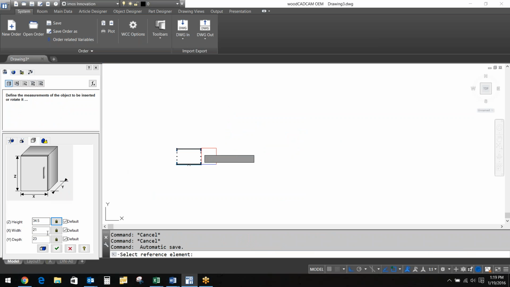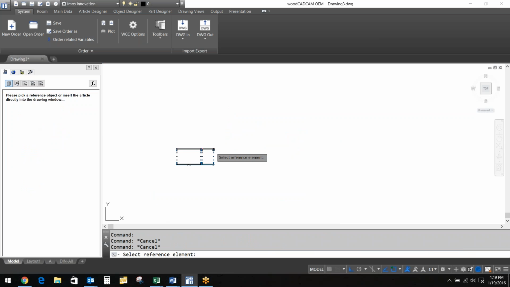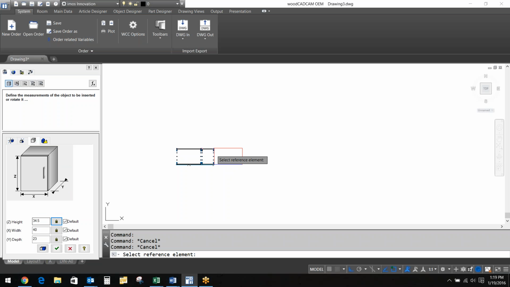In this particular case, I want this to have a width of 18 inches. And I want to take a two-door again, and this is just to give an example of what we're doing, and I'm going to tell it that I want it to be 36 inches. So now, if we were looking at this,